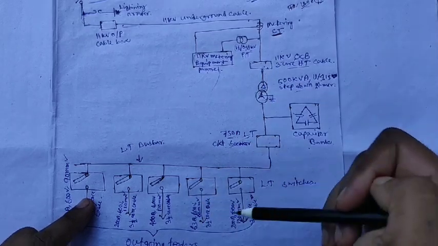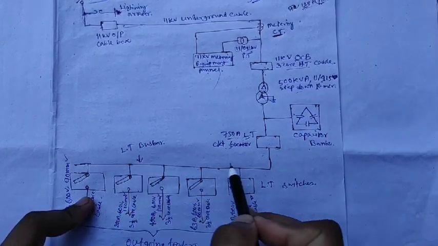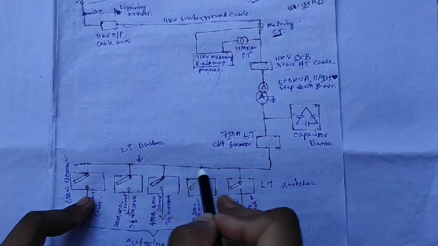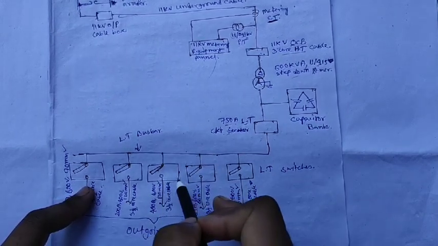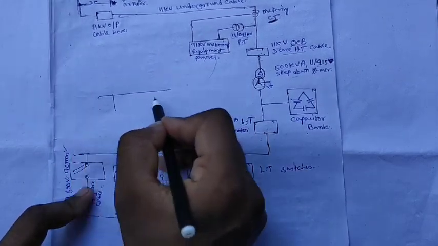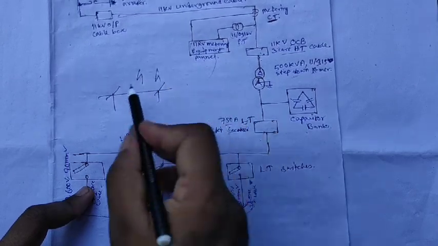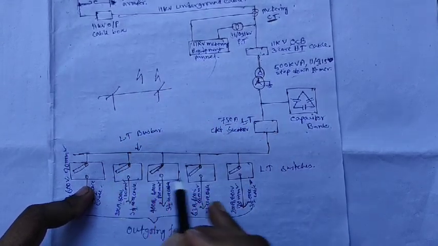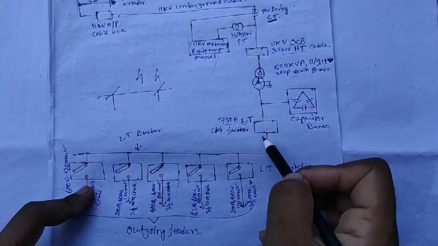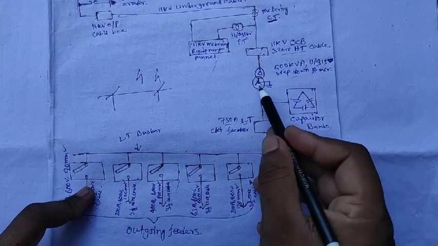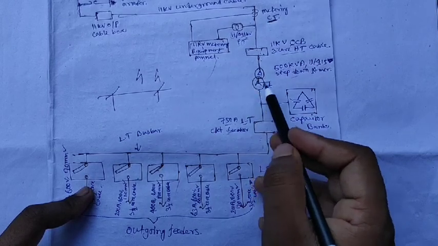And why do I use it here? Because it protects the transformer. Suppose this is the supply line of the load or feeder, the bus bar. Suppose this is the distribution line, and if lightning happens in the distribution line, anywhere on this line, this current goes to the transformer. If the circuit breaker is not present here, then it bypasses directly through the transformer, so the transformer is damaged.